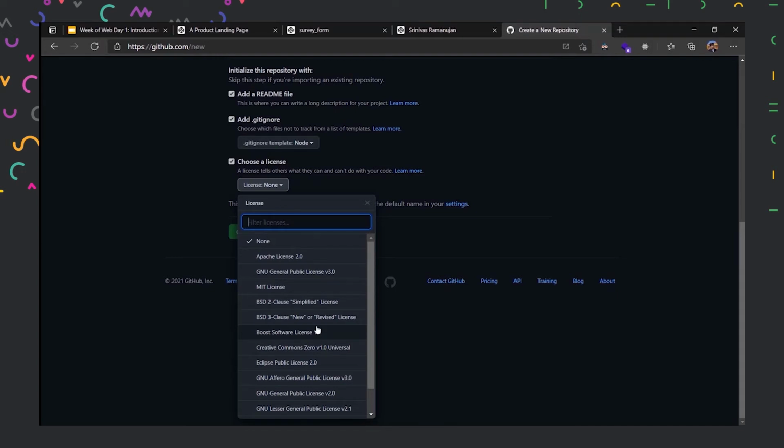Then if you're using it for business purposes, you want to describe whether you want to have a part of some revenue of your income, or whether you are giving it for free, or whether you are allowed to even sell your software. All those things come under licensing. So I hope licensing is clear here.